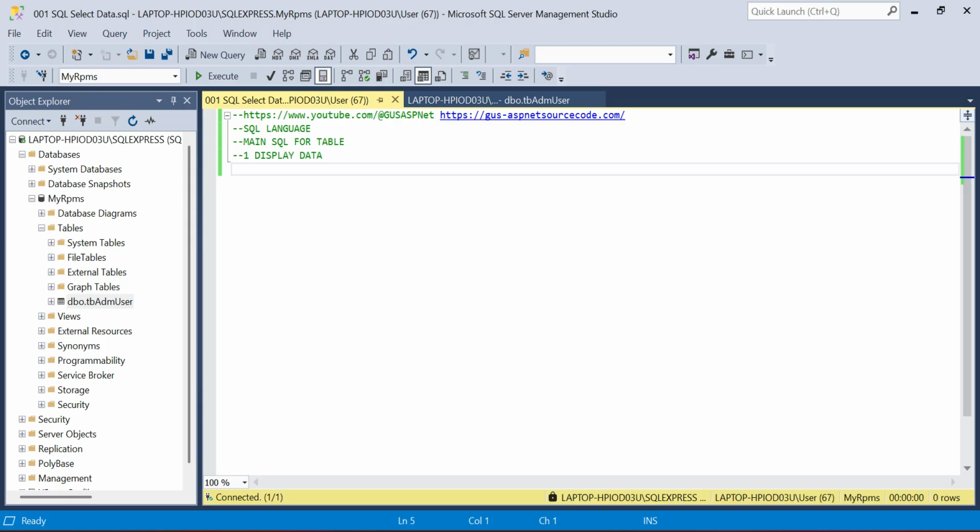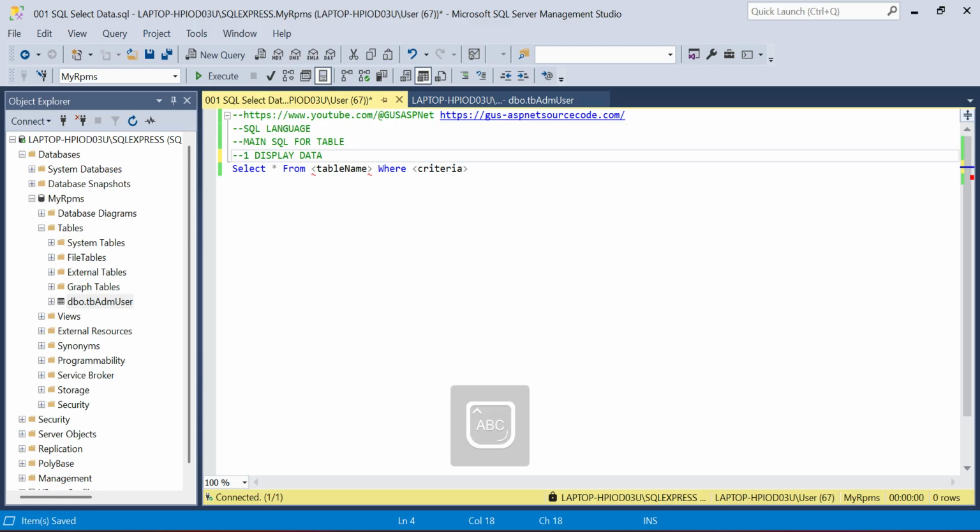Now let's see how to display data. The keyword is select asterisk from table name where criteria. The keyword is select from where. Asterisk here means all data of the fields, display all fields or columns.